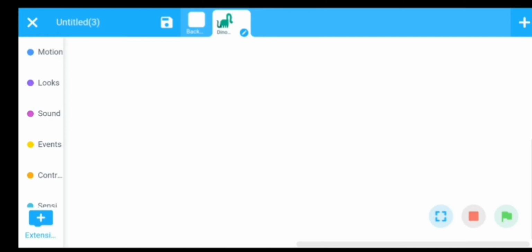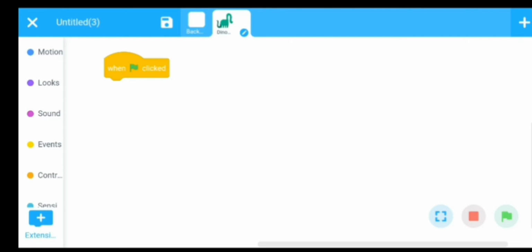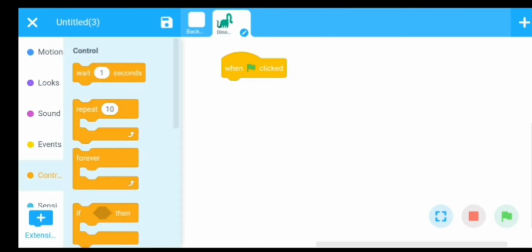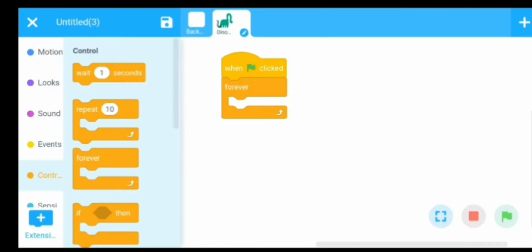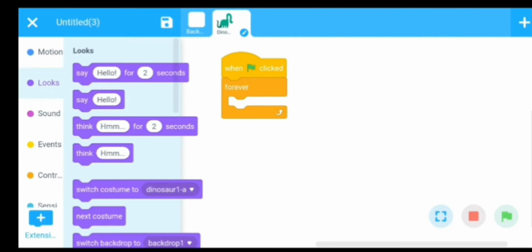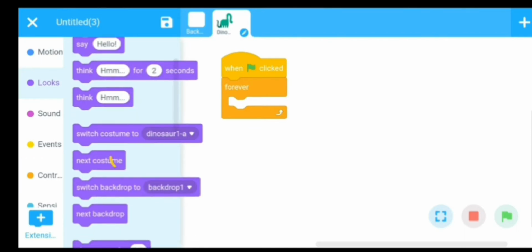now we will start the coding. Event, forever. Taking the forever loop, and then go to the Looks section and use this command. First we will take this command here, next costume,